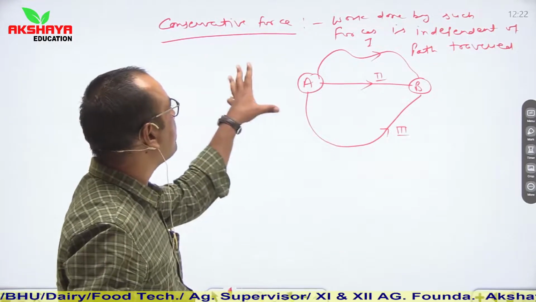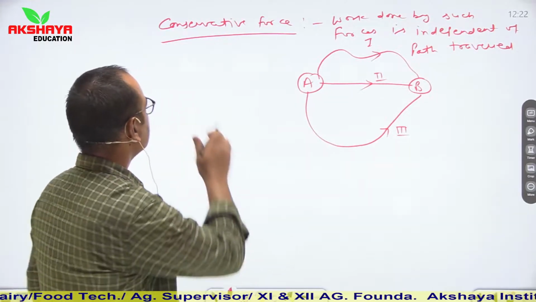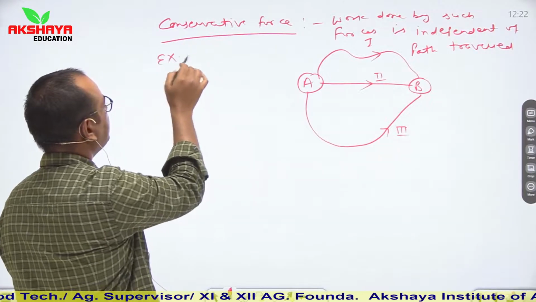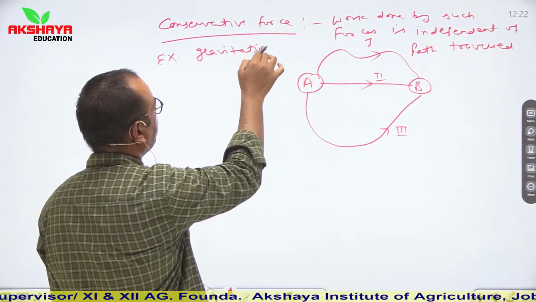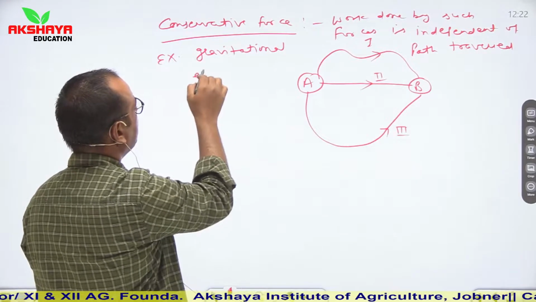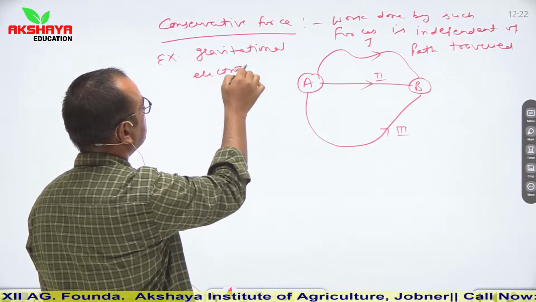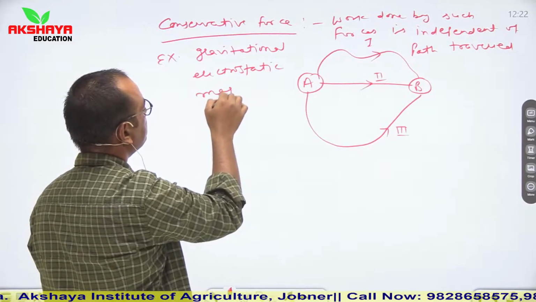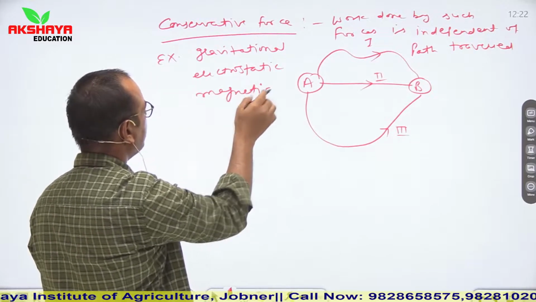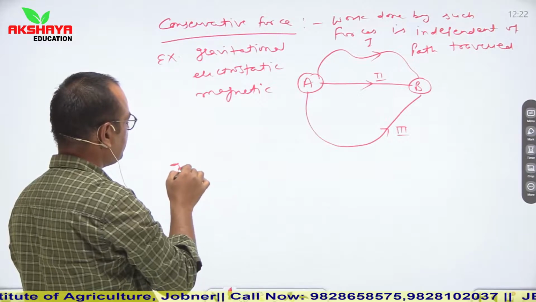So such types of forces are conservative forces. For example, we can say gravitational force, electrostatic force, magnetic force. Similarly, if we talk about non-conservative forces,